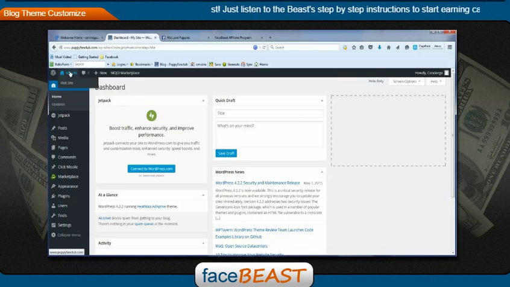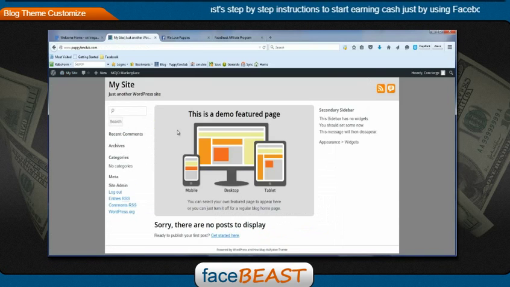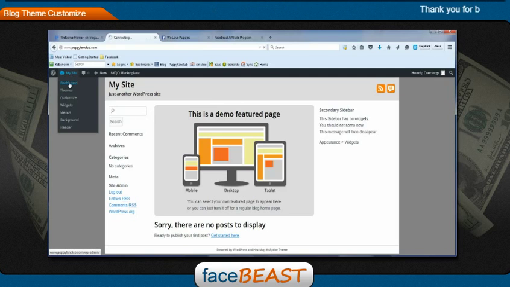So we're going to take a look at the front of your site now, which is going to look pretty plain. Okay, so there's no posts. It has a featured demo page, no secondary sidebar widgets. Widgets are actually an area where you can put a piece of content on this particular page. I'm going to go through it with you, where and what you need to do to set up widgets and set up the page properly. So you may have to watch the video a couple of times, but it's pretty simple. So we're going to go back to the dashboard,